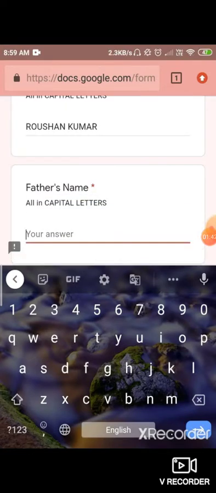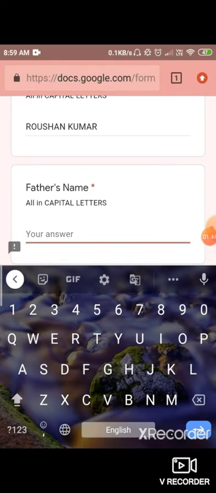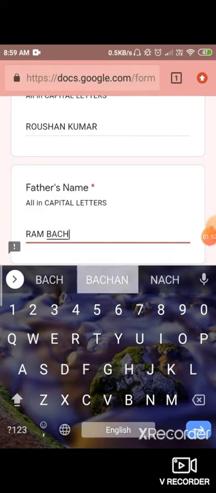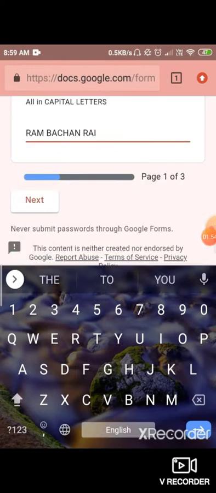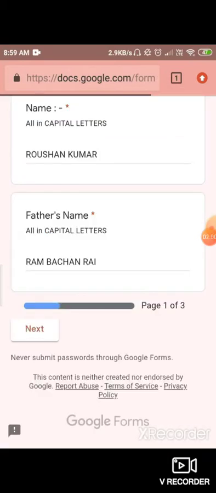You can see I am double tapping on this arrow, and this will enable caps lock. After mentioning the whole information, we will click on next.